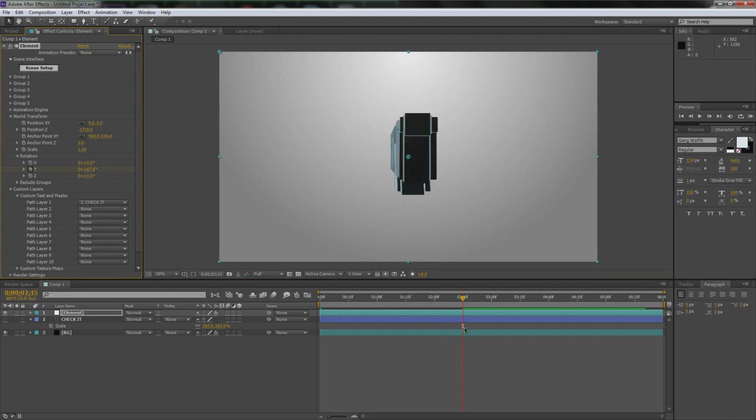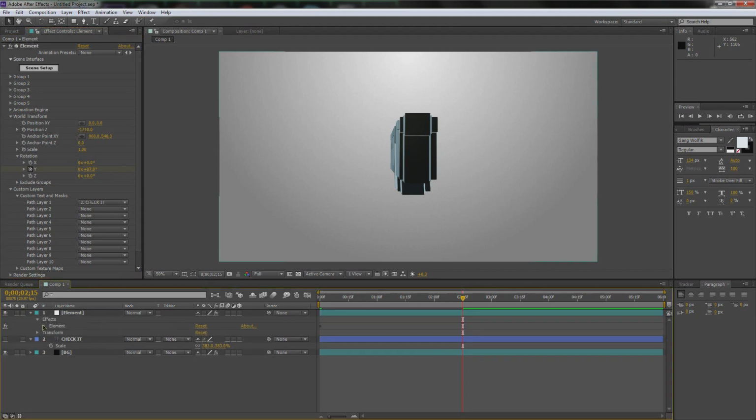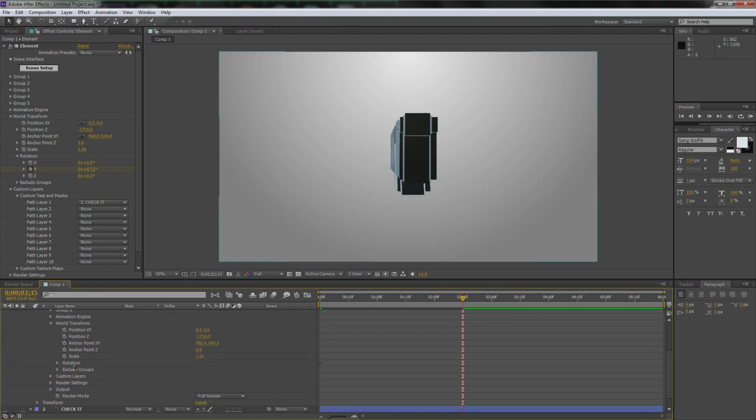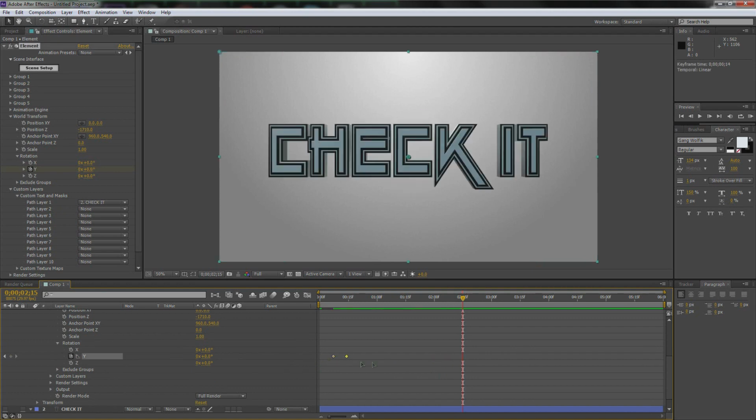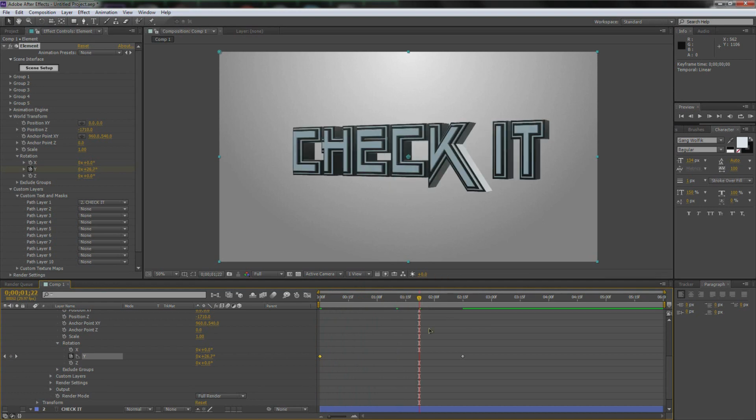Okay, so now I'm going to go into the element so I can find exactly what I'm looking for here. World Transform, rotation. Okay, so here's our keyframes. I'm going to switch these around by clicking and dragging. And so now it starts on its side, and it goes and it keeps turning, and it's